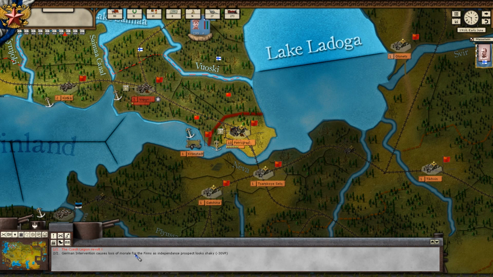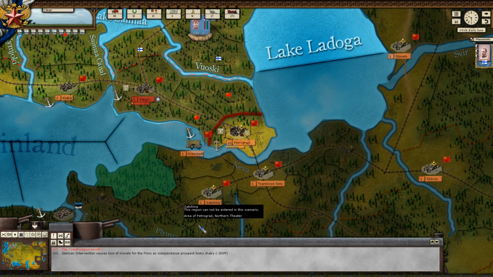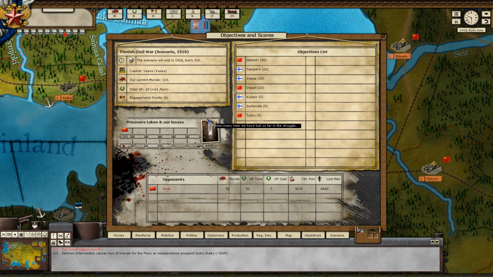German intervention causes loss of morale for the Finns as independent prospects look shaky, minus 30 points. So, oh man, that's more than it was. I don't know if that's working right. Because we lost...